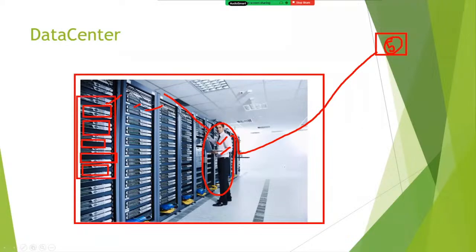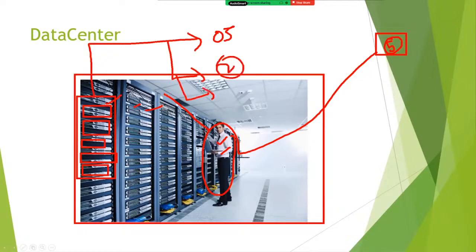Once space is available, they will deploy the operating system. Second step, they will configure the networking. Third step, install monitoring tools. Fifth step, configure our firewall rules. Sixth step, install all checklists, network related checklists.